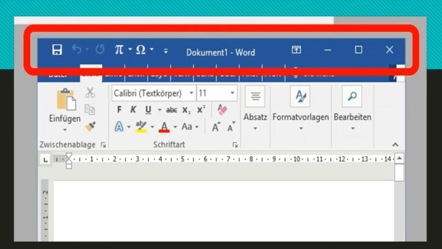Title bar. Title bar is displayed on the top of the MS Publisher window. It contains the name of the active publication along with its type. Either it may be a printed publication or a web publication. You can see on the side there will be three buttons: minimize, maximize, and close. These are the three buttons which appear on the title bar.